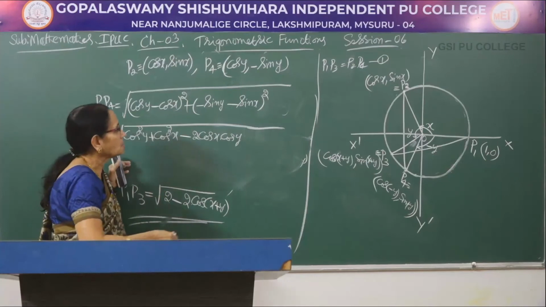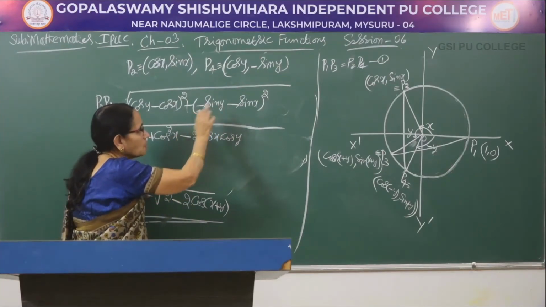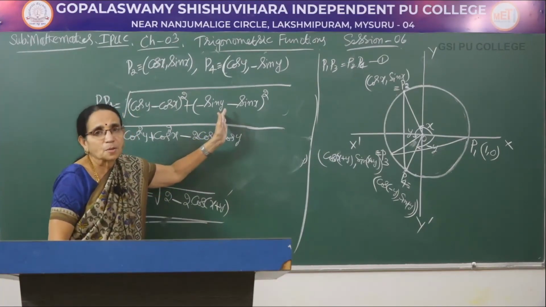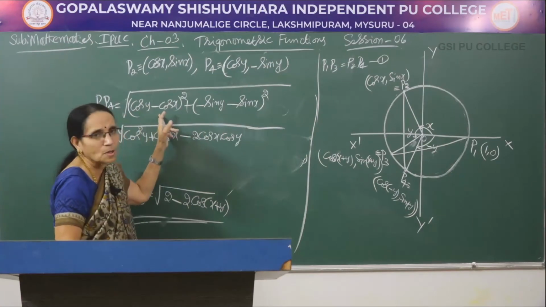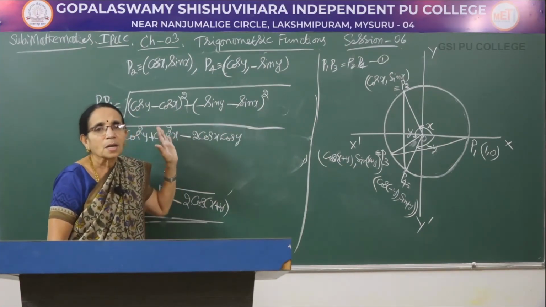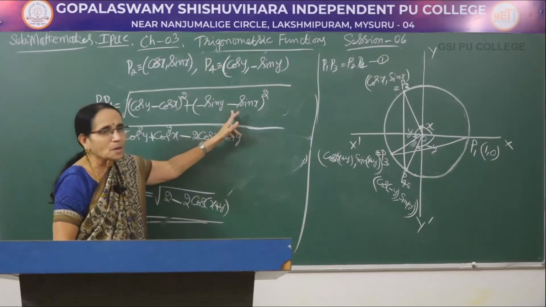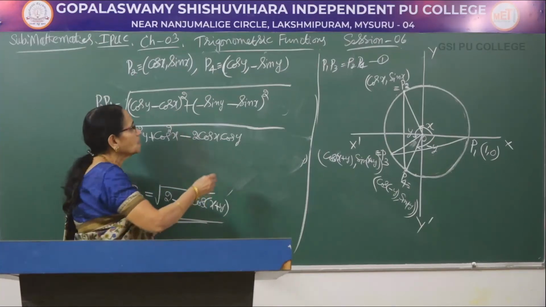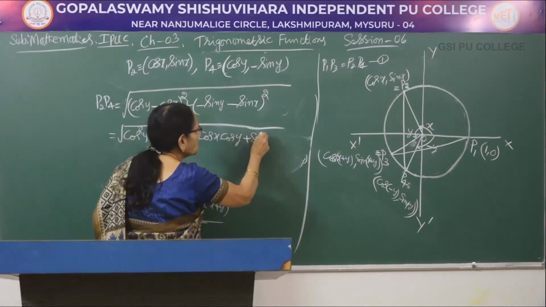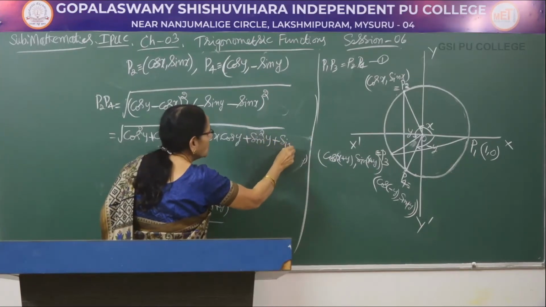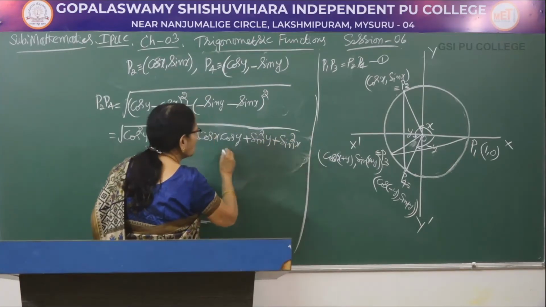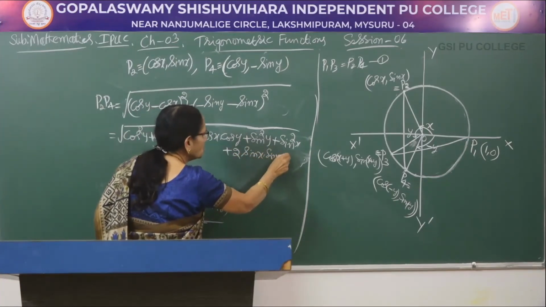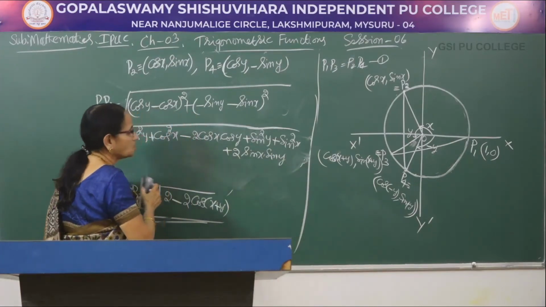Now, come to this one. See, here if both of them are negative or both of them are positive, it is as good as using the formula a plus b whole square. Here one was positive, one was negative. The formula I used was a minus b whole square, whereas when both of them are negative or both of them are positive, it is the formula a plus b whole square we are using. So, a square, that is sin square y, plus b square, that is sin square x, plus 2 times a into b, that is sin x into sin y.